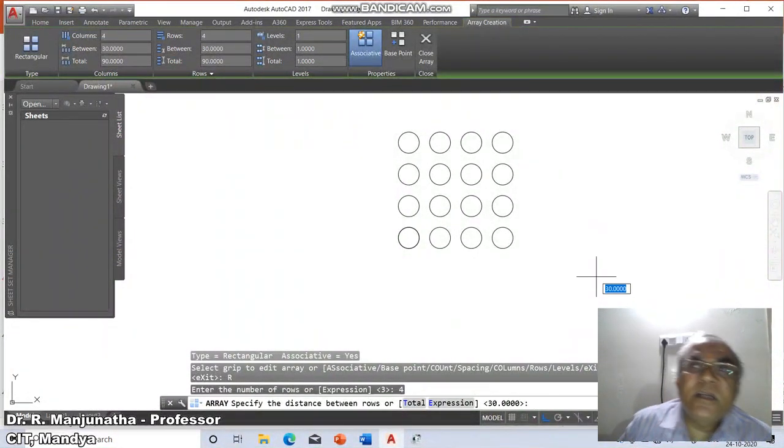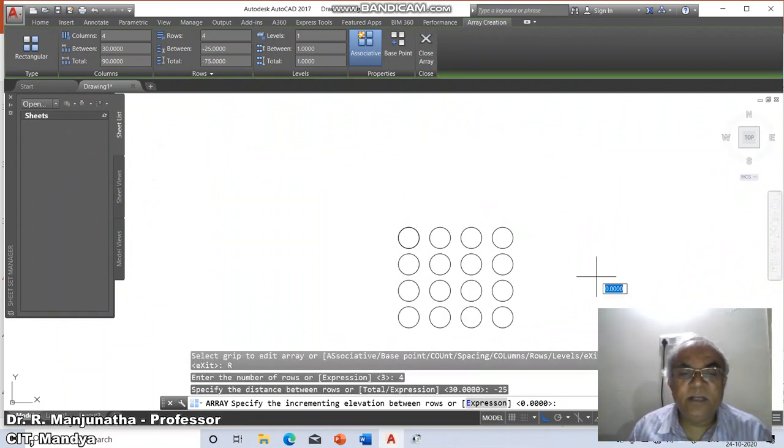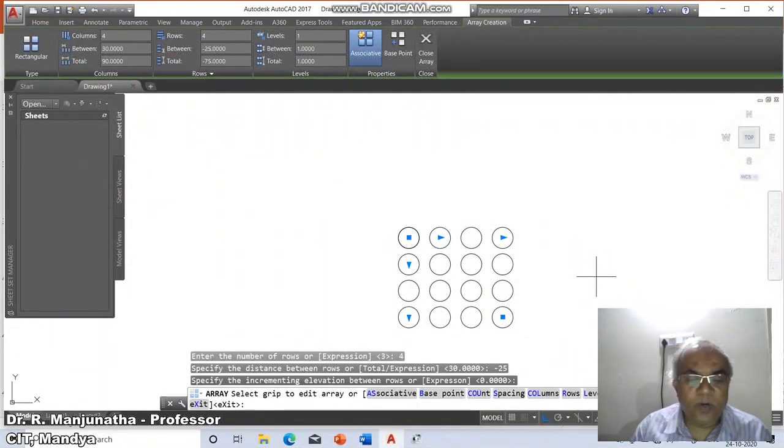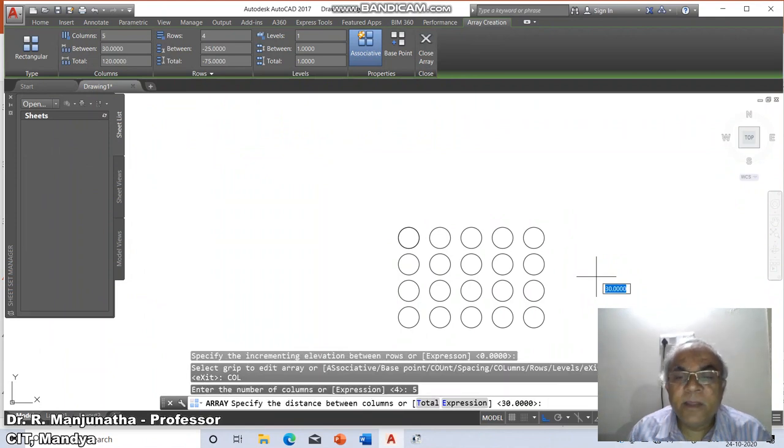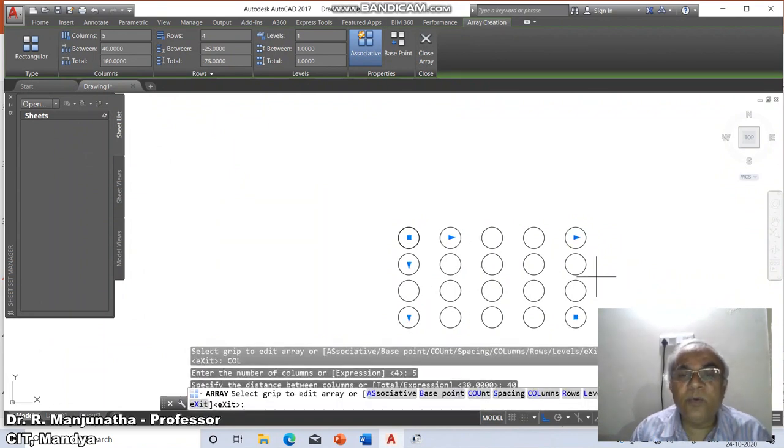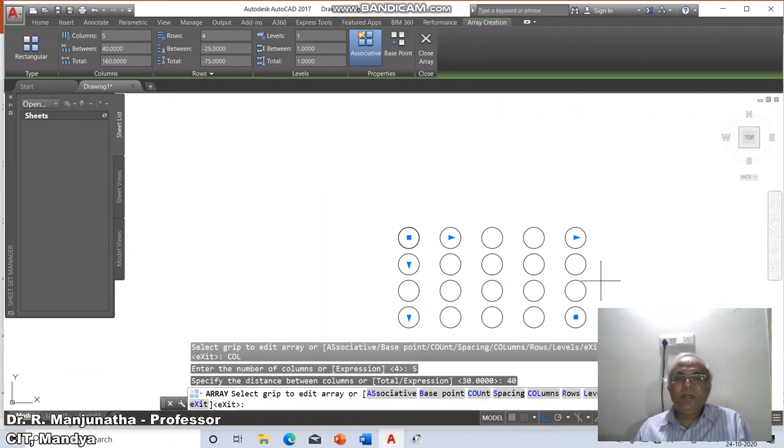So in the y direction it is minus 25, and then the incremental elevation between rows is 0, and then we want the columns. Here the number of columns is 5, and the distance between the columns is 40, which is the positive value. So this is how you write it in this position.